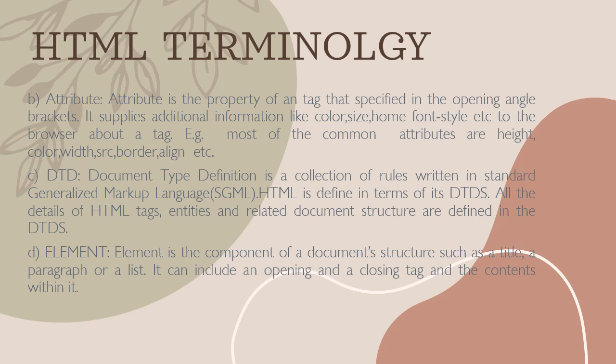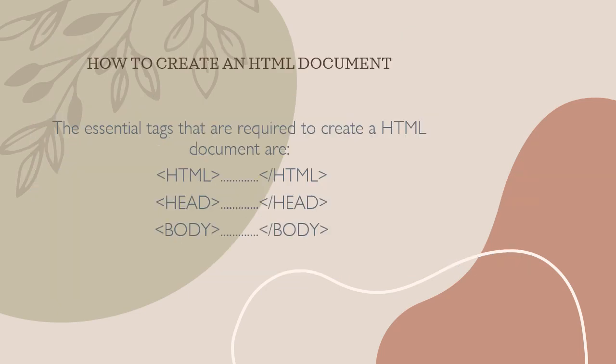We can take element as the next terminology. An element is a component of a document structure, such as a title, a paragraph, or a list. It can include an opening and a closing tag and the content within it. And this is how to create an HTML document. The essential tags that are required to create an HTML document are: